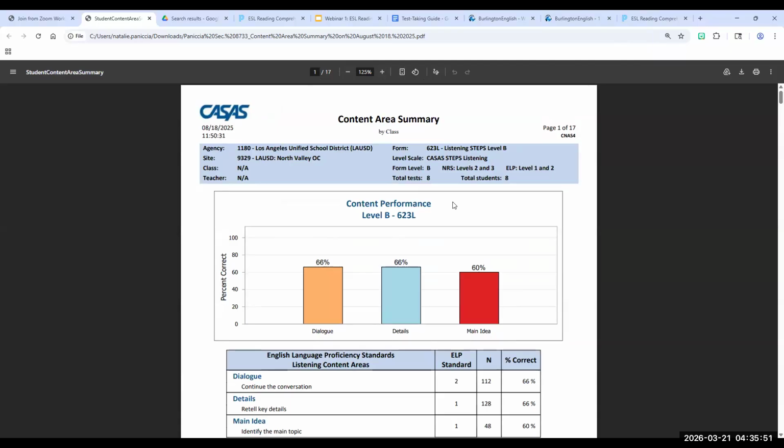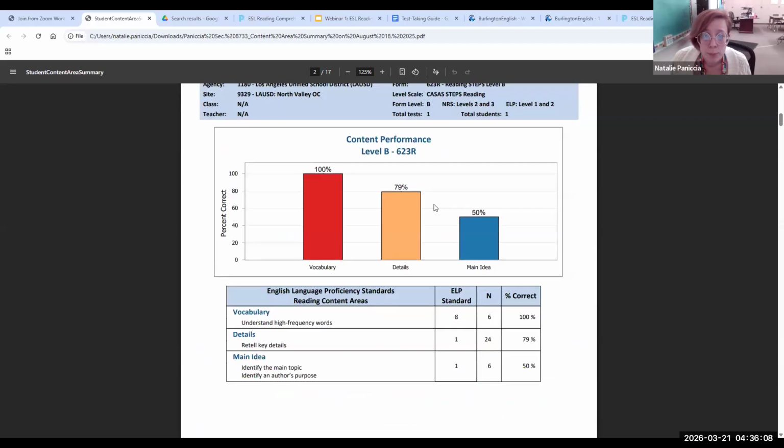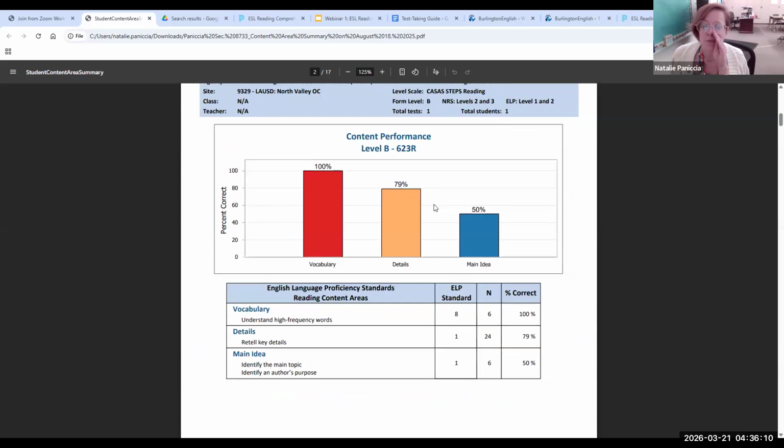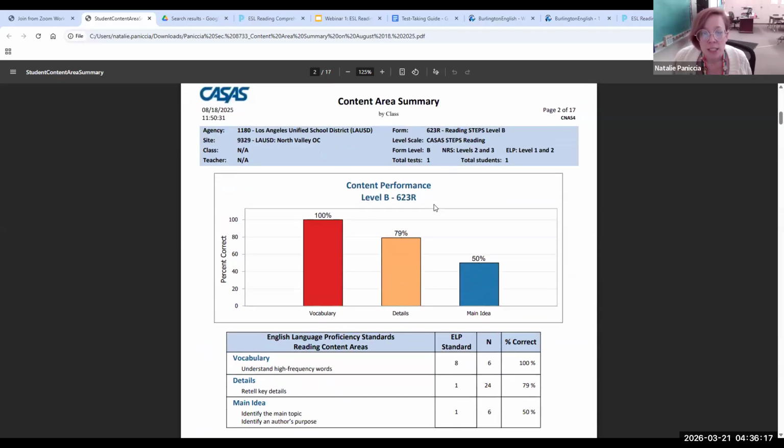Yes. So there are 17 pages in this document. That is overwhelming. What test is this? It is CASAS Life and Work Listening. This is listening. This is not what I'm looking for right now. So I'm going to skip it. But all of this that we're teaching you applies to reading as well as listening, checking your listening data. So this one, okay, great.